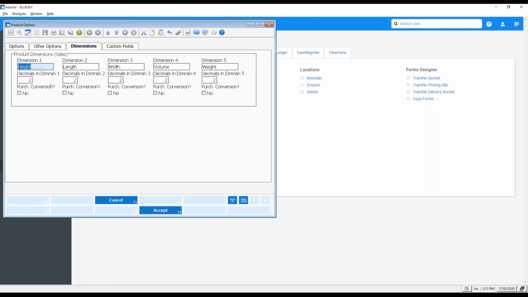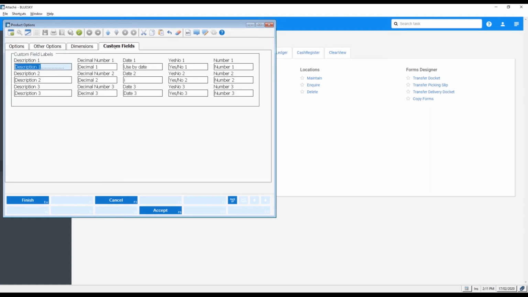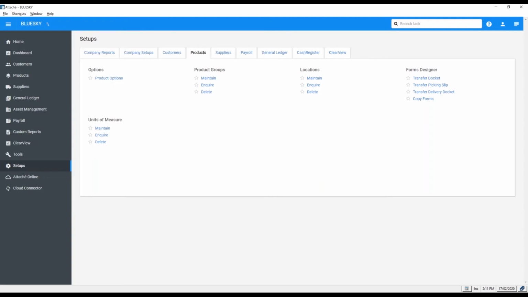You can choose if you want height, length, width, or volume or weight, or any other dimensions that you want. And there's some custom fields here that you can specify for your own needs. Okay, so that's the product options. Okay, so we're going to set up the suppliers